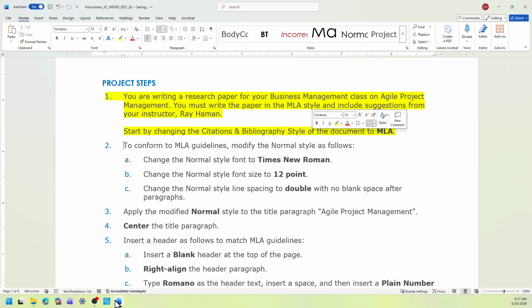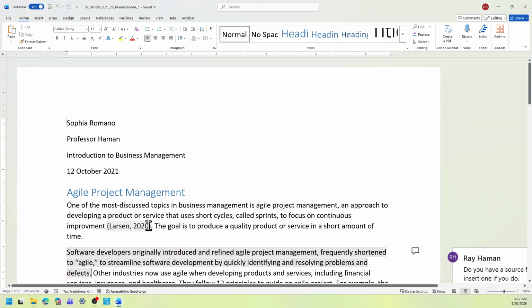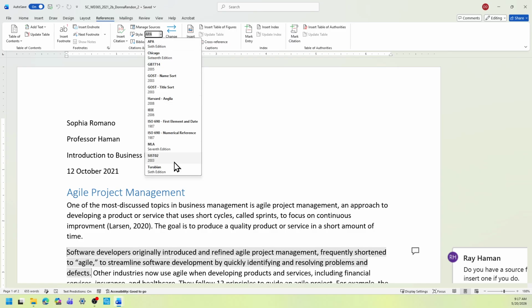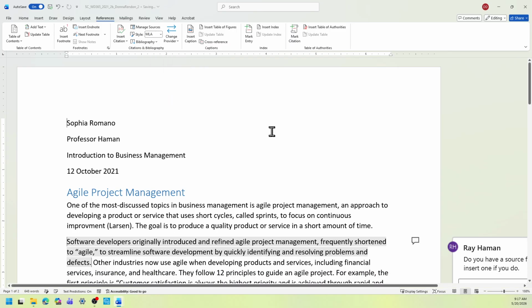Okay, so back to our start file. So to do that, you're going to select your tab, References, and then this is the ribbons for your References menu or tab. As you can see, the style here is APA format. You just need to click the drop down menu and select the MLA 7th edition.